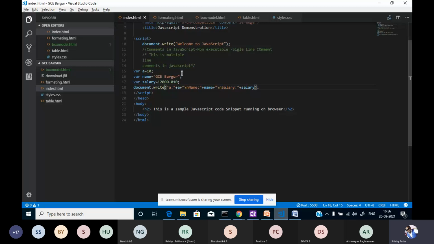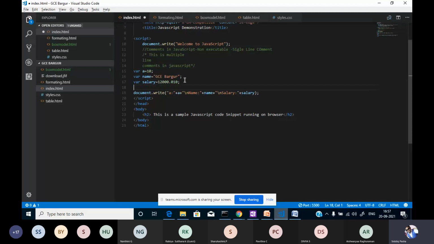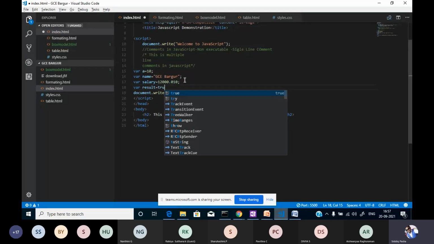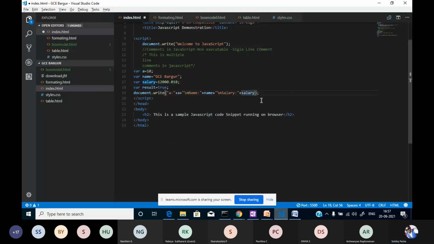Even a boolean value can be displayed over here. Simply, I'm specifying result is equal to true. That will also be displayed. Here I'm printing with \t, I'll check whether it will be a tab.